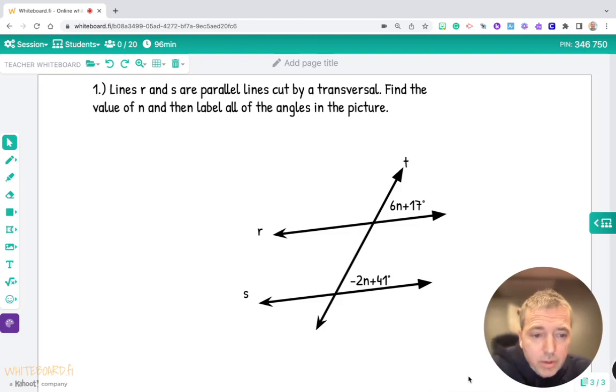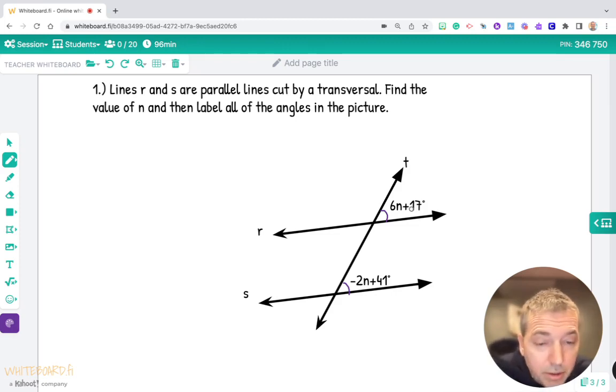So first thing we've got to do is determine, so this angle right here, 6n plus 17 degrees, this is an acute angle, right? And this angle down here, negative 2n plus 41 degrees, that's an acute angle. Well, obviously it's telling us about the angle, but that's not the answer, right? So we need to set up an equation and solve it to figure out what n equals, so we can figure out what those